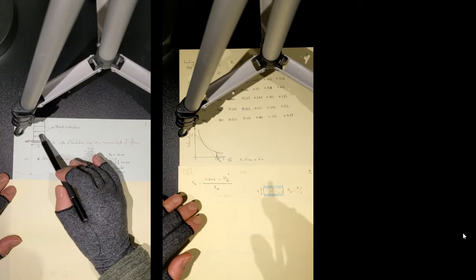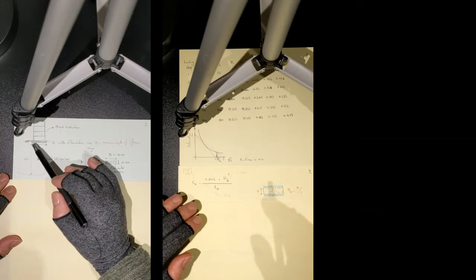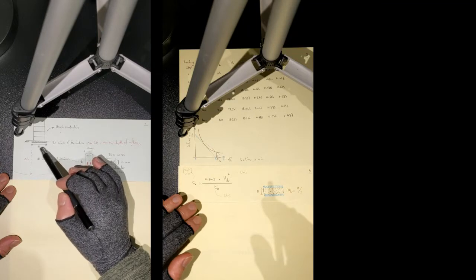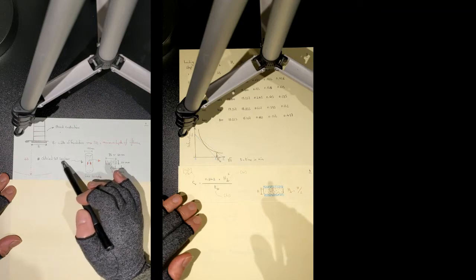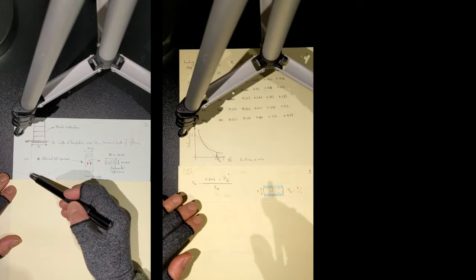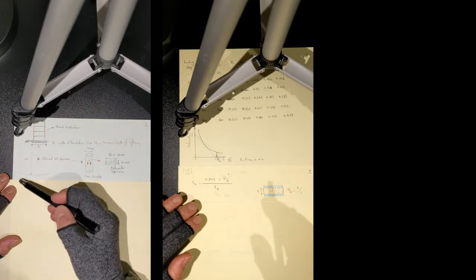Right. Let's assume that this is your ground level and you have a superstructure which is built on a raft foundation, and the width of this raft foundation is B. So B is the width of your foundation, and this is your planned structure. And then you can see this circle here at the very bottom,